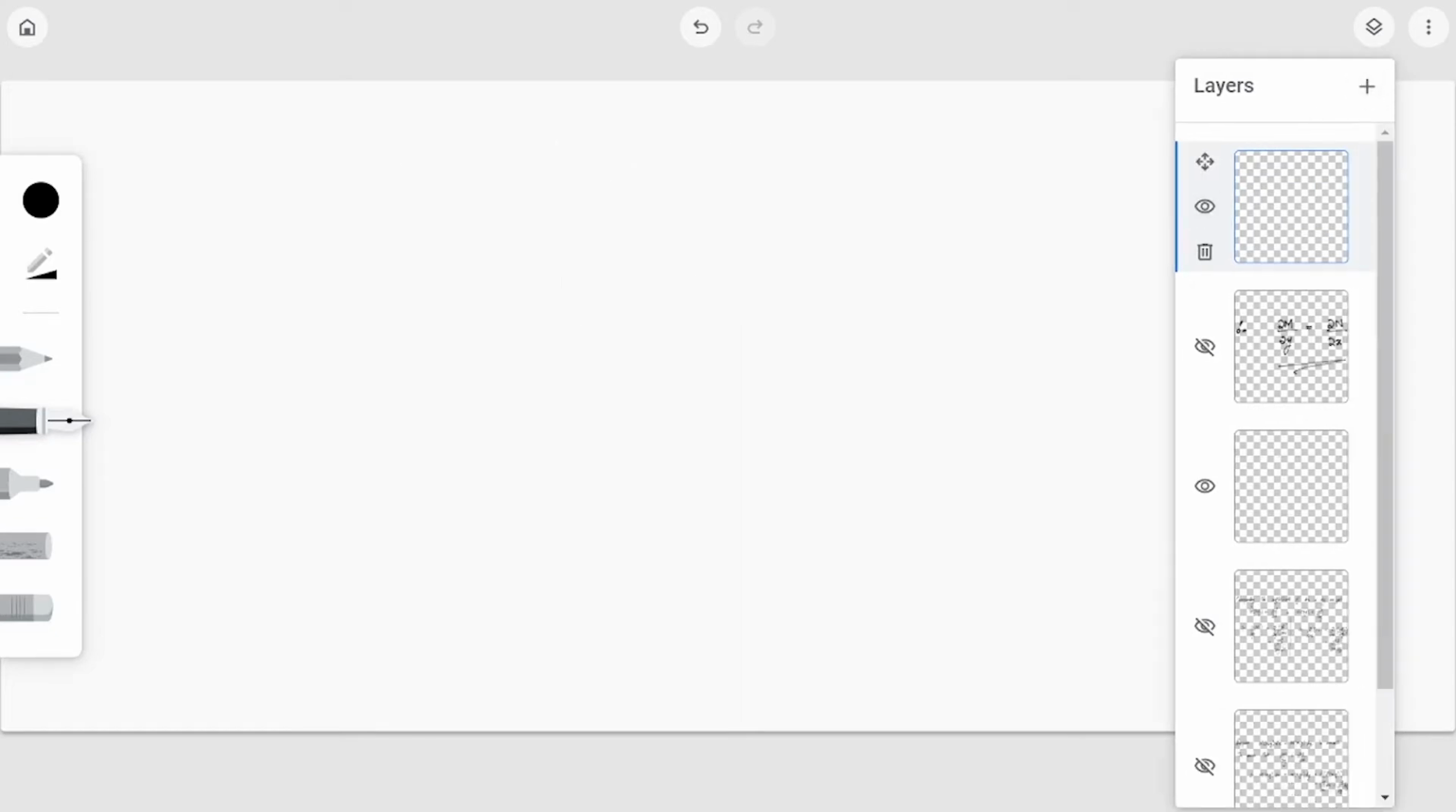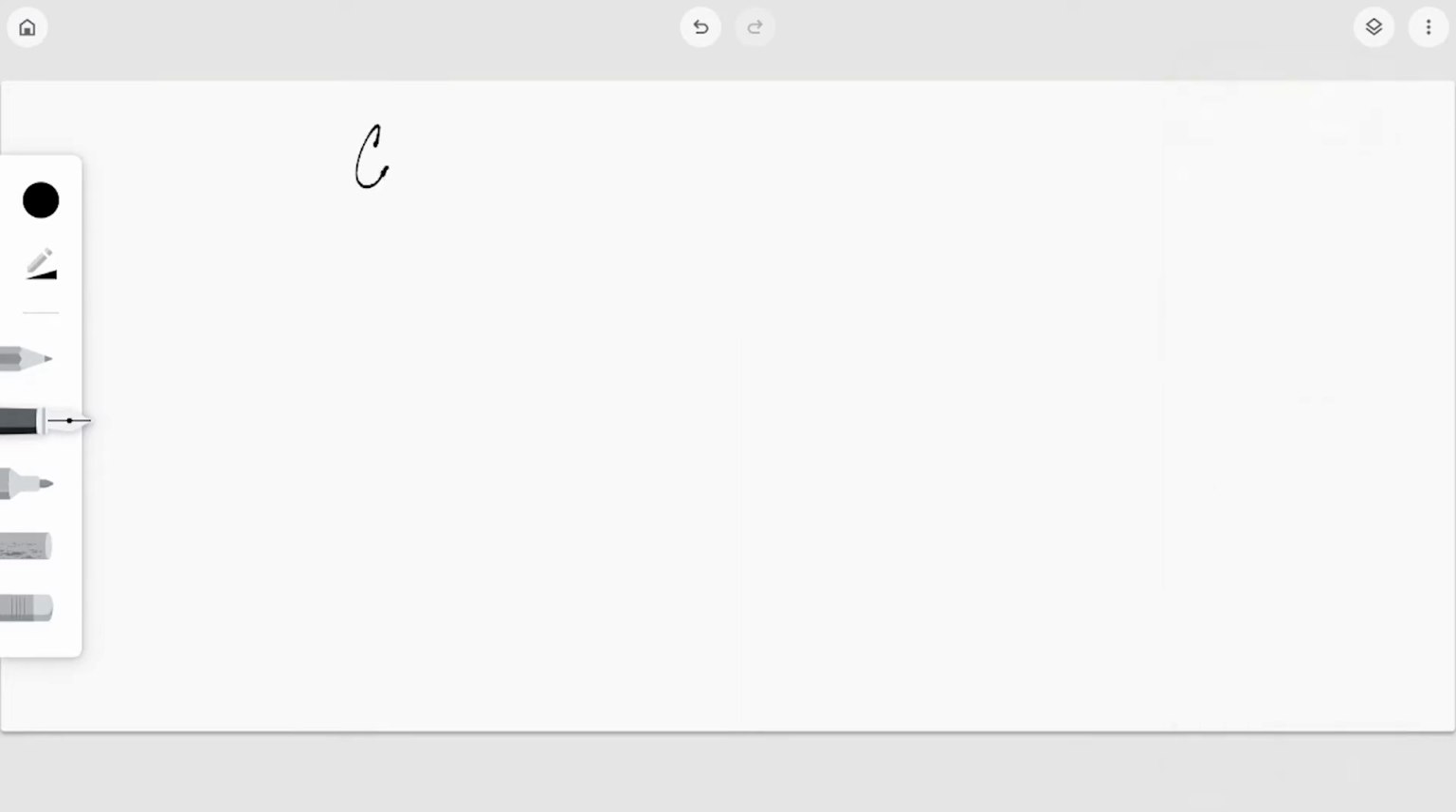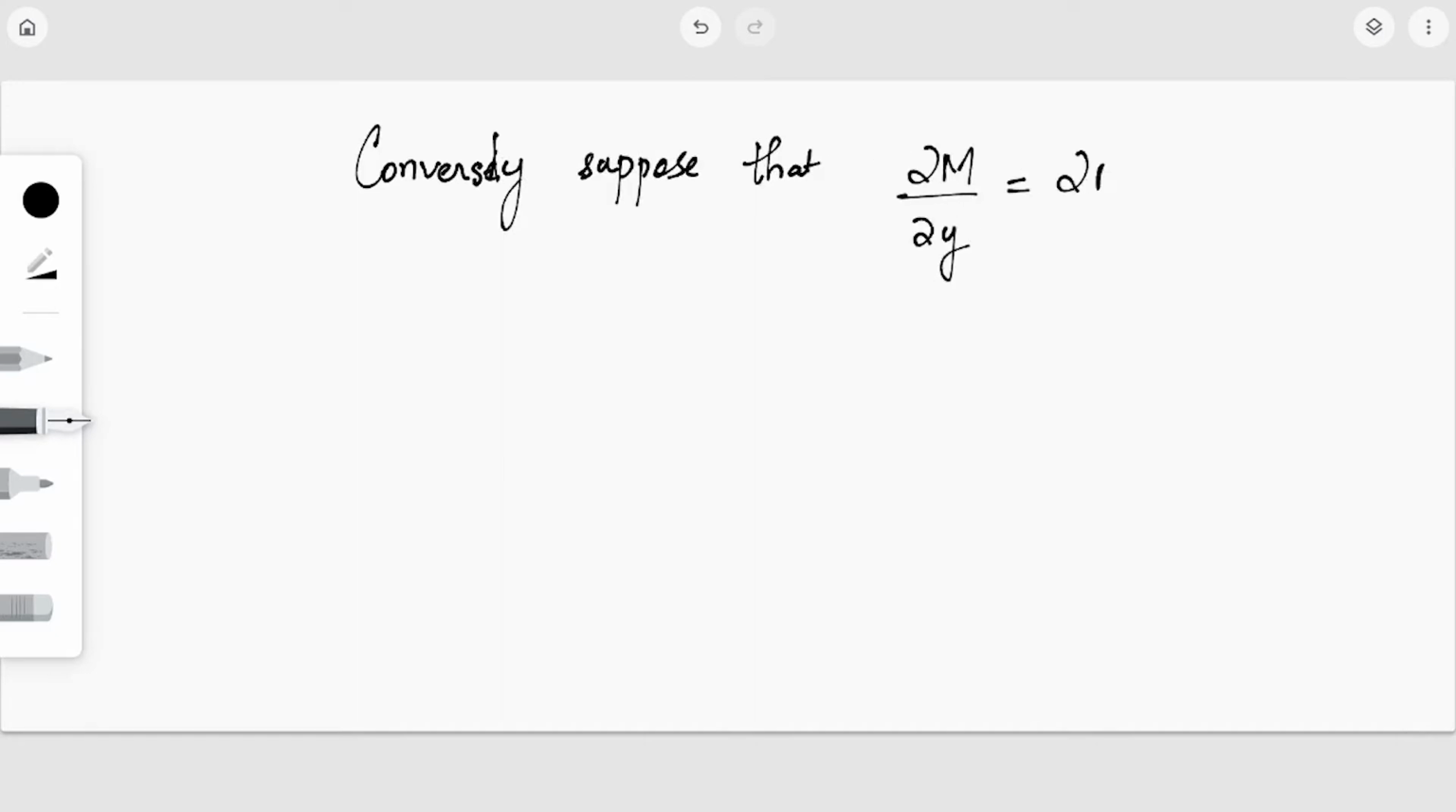Converse is actually like the method of finding the solution. So conversely, suppose that ∂m/∂y is equal to ∂n/∂x. Then we need to show that the expression is exact. So if this is true, if ∂m/∂y is equal to ∂n/∂x, then we have